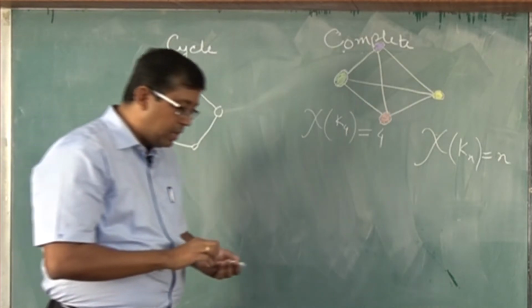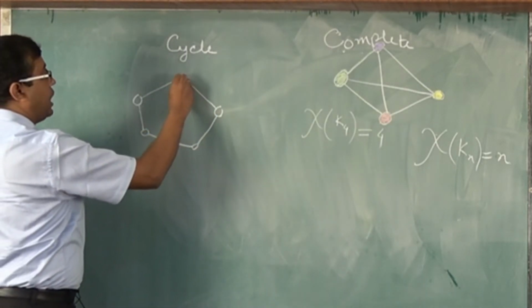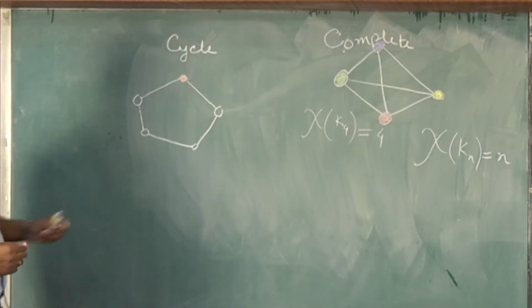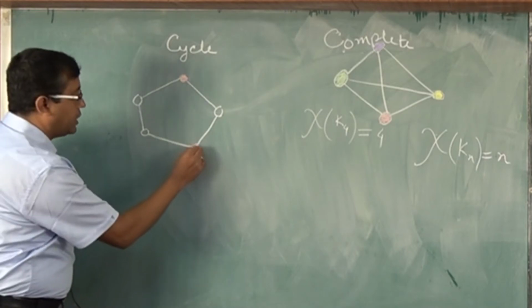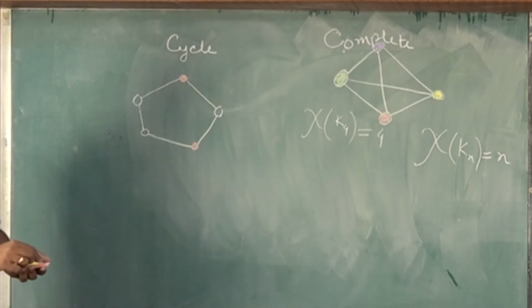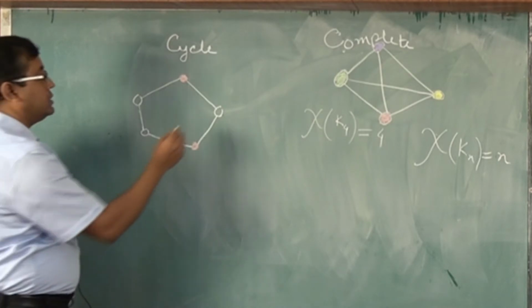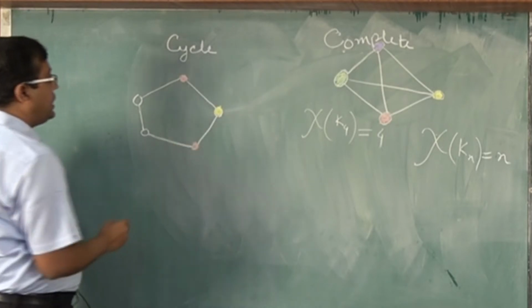The way I can color these vertices is I can start with red. So I paint this as red. I cannot paint this as red, I cannot paint this as red, but I can paint the third vertex as red. Okay? Now I use another color, the second color, yellow, for the second vertex, and I can